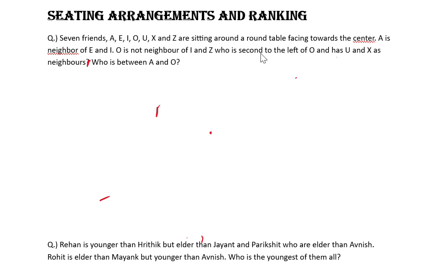So friends, let us start the topics sitting arrangements and ranking. There will be around 5 to 6 questions from these two topics and these are easy. There is no formula involved. You just need to make an arrangement and probability to solve a question. A ranking question will hardly take 30 seconds for you to solve and a sitting arrangement should not take more than 1